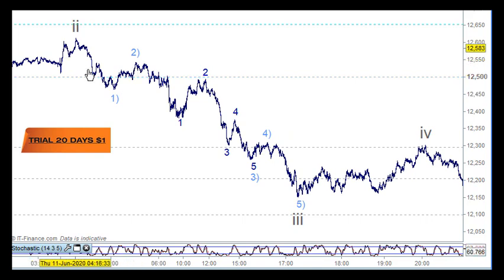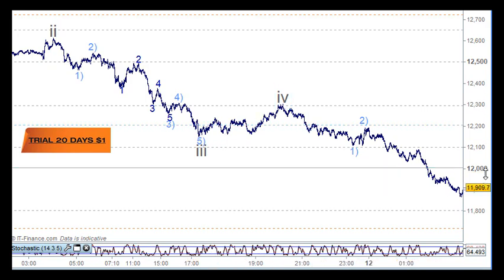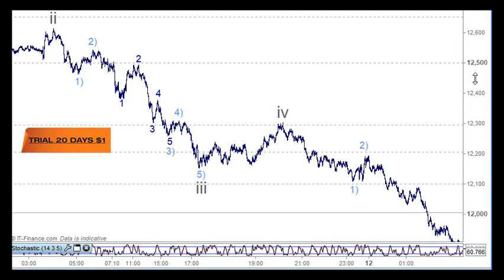So wave 1 here and 2 here, and then going down for 3 here, and this would be wave 1 here and 2 here and 3 here. I know there's a bit of an overlap. No, it gets in there okay. And then down 5 little waves for 5 here and 4 here, and then 1 and 2 and 3 and 4 and 5 here for this one here. And then wave 4 being wave 4 sideways, a little bit complicated.